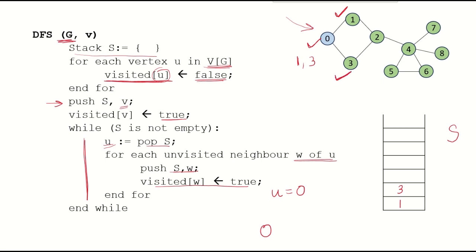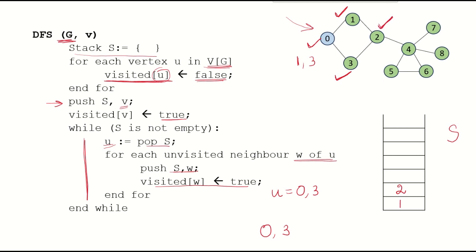Now we go back to our while loop. Stack is not empty, so we pop out from the stack. So now what we pop out is 3. So 3 is no longer there. We can get it printed also. And now we are going to check unvisited neighbors of 3. So the unvisited neighbor of 3 is only 2, which we are going to put onto the stack and also mark